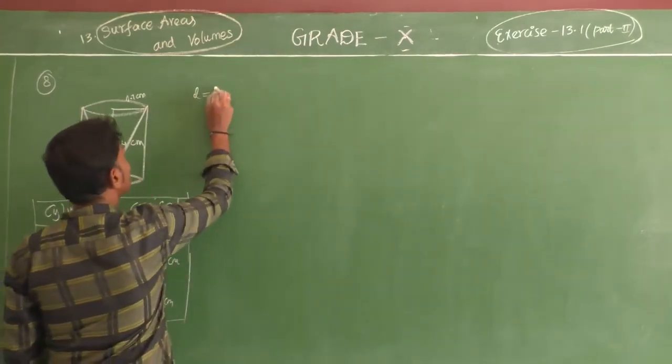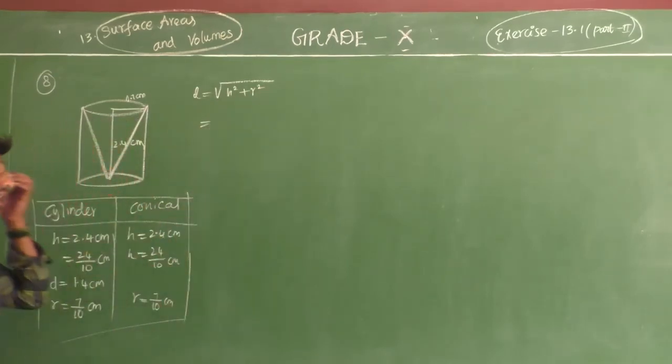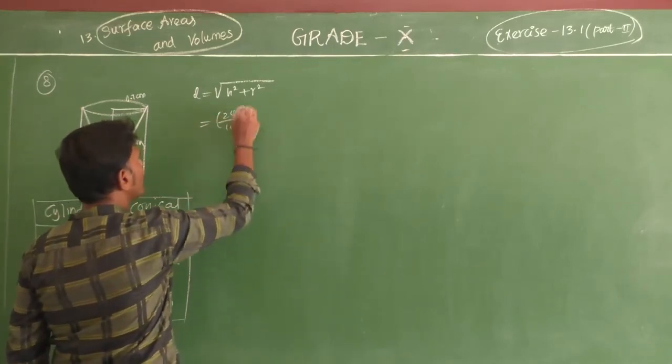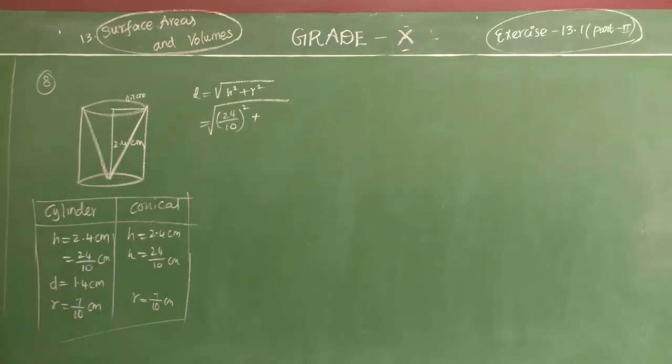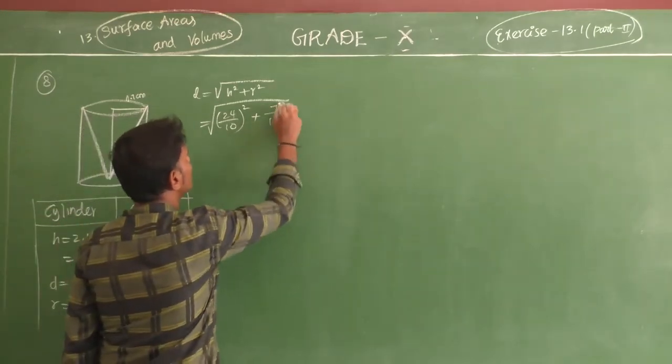Now slant height is equal to square root of h square plus r square. Okay. Now h, height, equal to how much? 24 by 10. Now 24 by 10, the whole square. Don't take the decimal part. It is some difficulty, because now easy only. Some of the tasks they easily understand how to do. Okay, and for the remaining you have some support. That's why I am giving you. Okay, so 24 by 10 the whole square plus radius 7 by 10 the whole square.